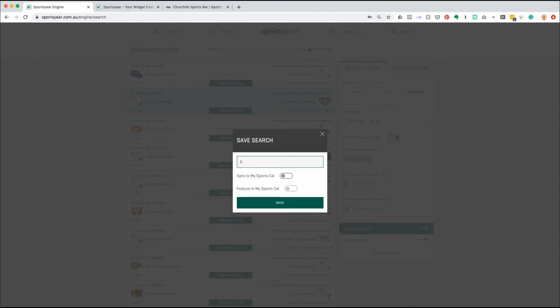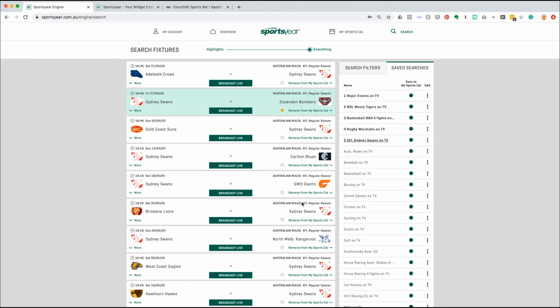So let's just call it... I actually put a number above my featured save searches, just so they appear on the top of my save search list. But just call it what you need to. Sync to the calendar, yes, always sync to the calendar. And then feature in my sports cal. So it's going to permanently feature AFL Swans on TV. I name it on TV if I've selected broadcast live. So AFL Swans on TV, sync to my sports cal, feature in my sports cal, save,